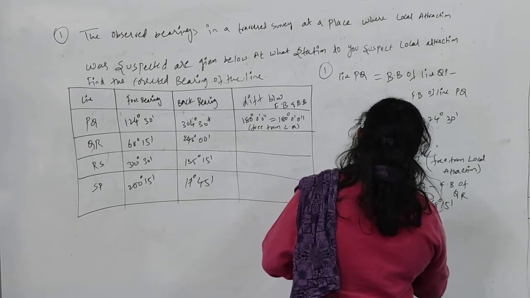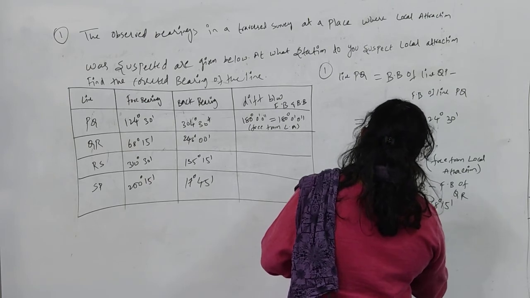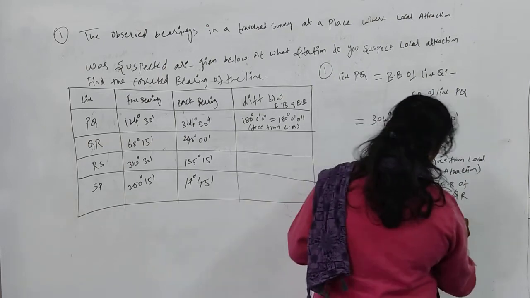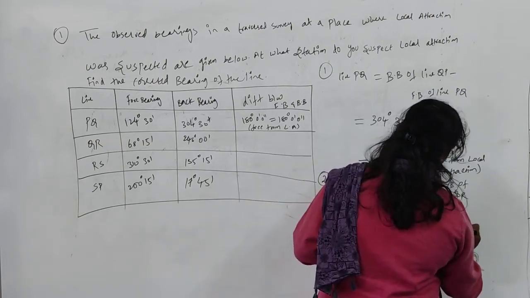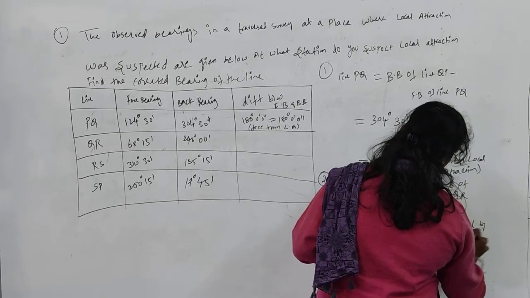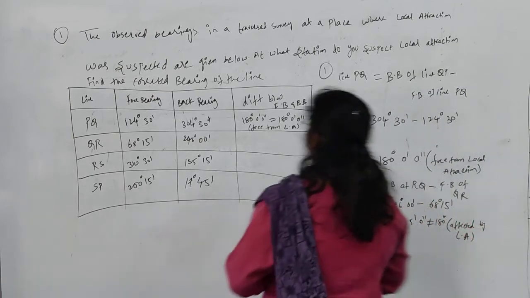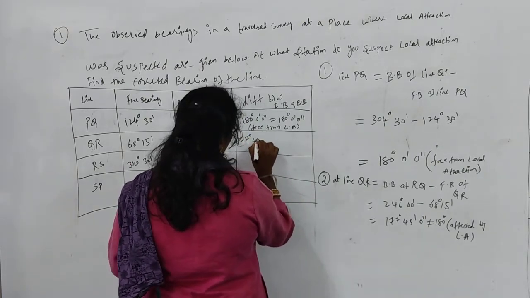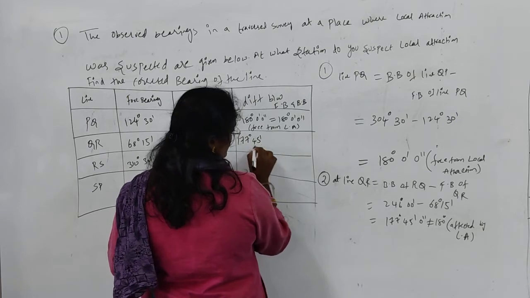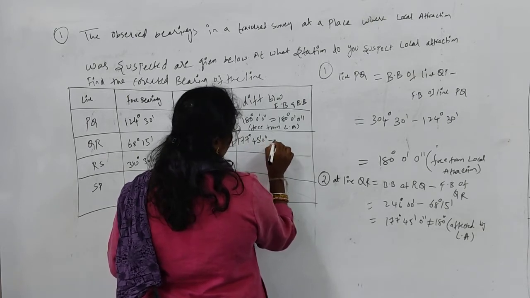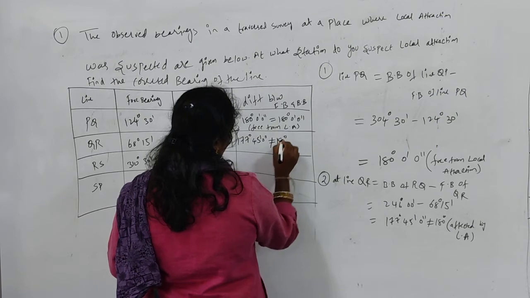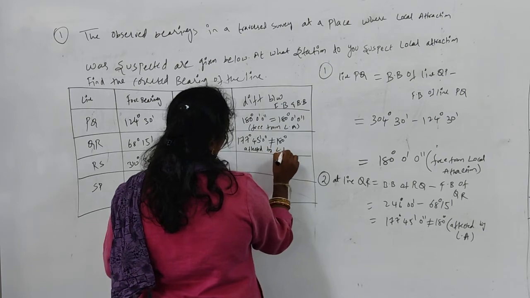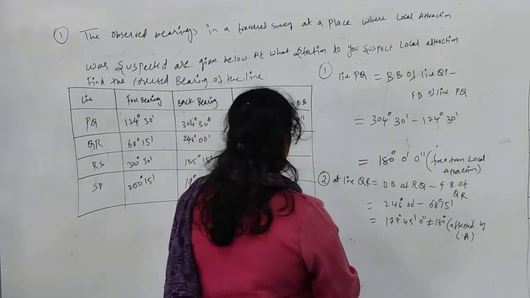That will be 177 degrees 45 minutes 0 seconds, which is not equal to 180 degrees. So automatically this station is affected by local attraction. Right, next we will go with the